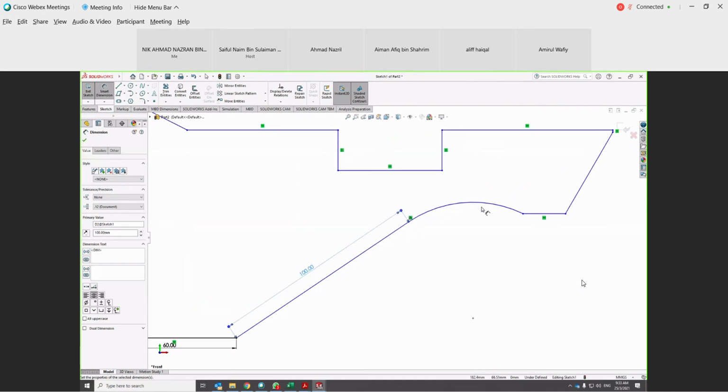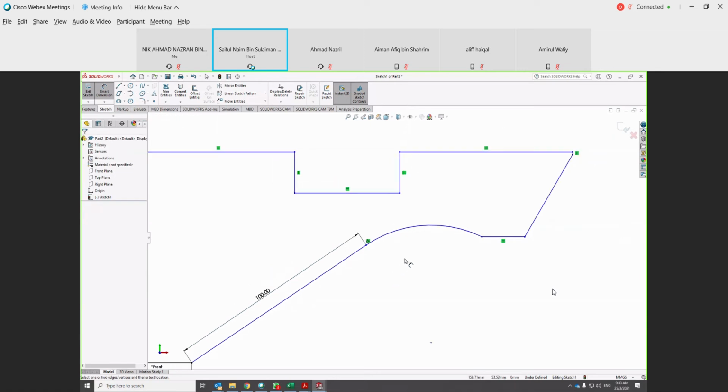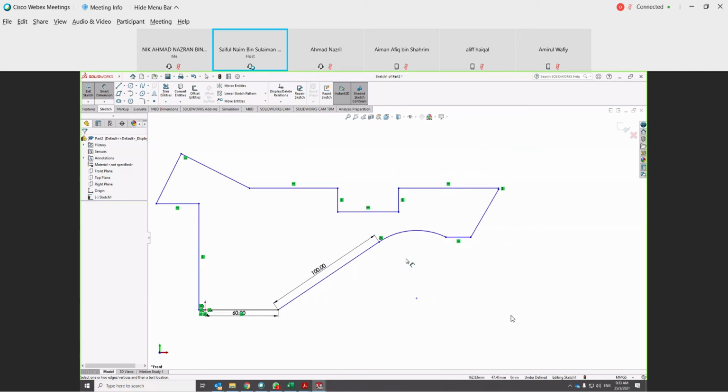Okay, and then for this arc, you have this angle 60 degree and 75 degree. So this angle, kalau you tengok dalam drawing tu, kita ada lines, dia punya reference lines. So we also need to create a reference line so that we can measure the